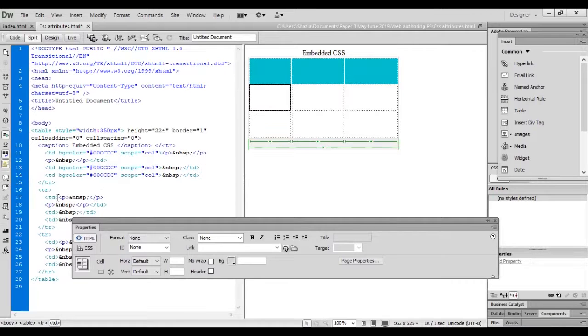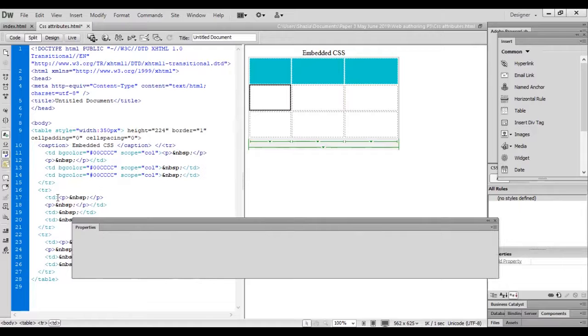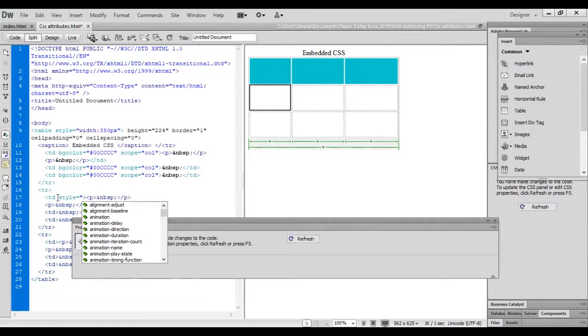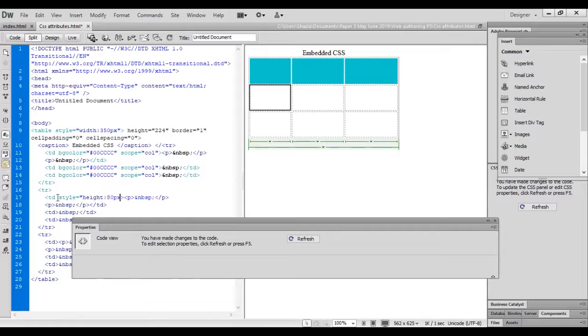So here is style is equal to, then height. As I click on height, it shows properties, and if I want to give some specific number, suppose 80 pixels high, then close.